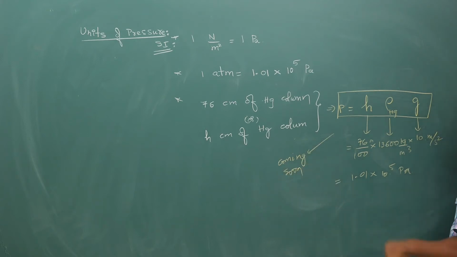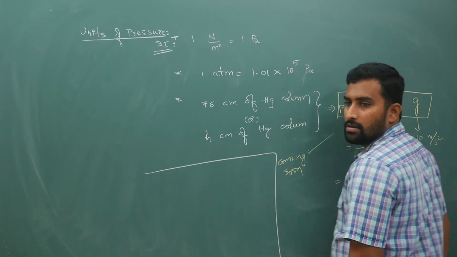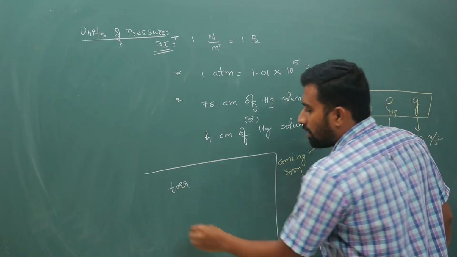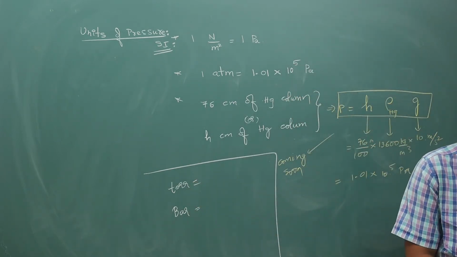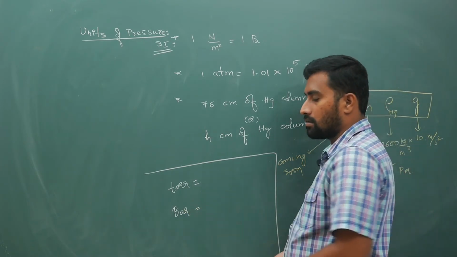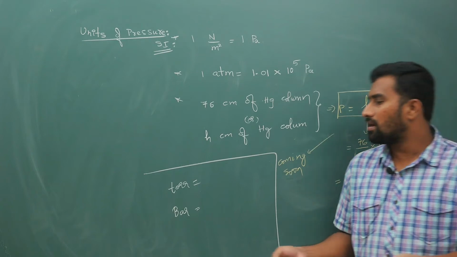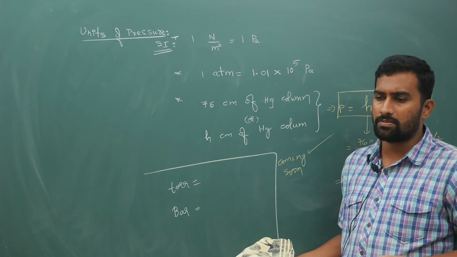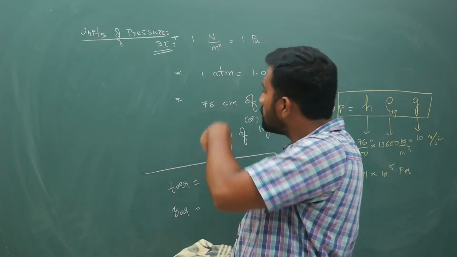Next we will see, but like this you will have different units of pressure. And in chemistry you will have the unit of torr, and bar. I don't remember the exact values of torr and bar, and I don't have my mobile, so you can check them from the books. I will not remember this, I will just remember the physics logic part of it. So bar, torr, different people will use different units, but commonly used are the top ones.